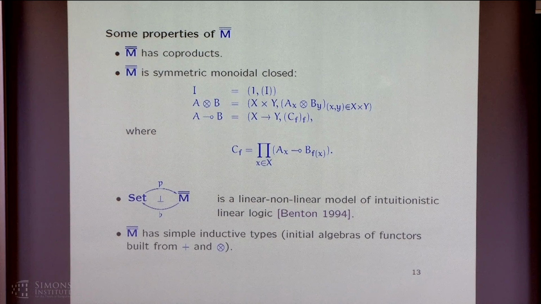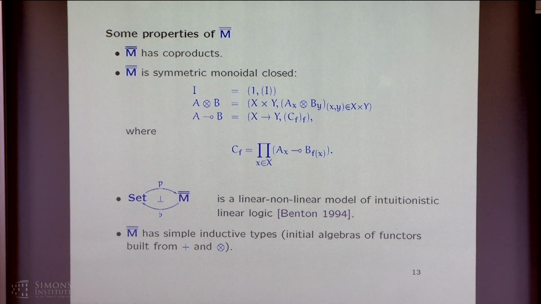The fact that it's symmetric monoidal closed is actually surprising to me, at least. Normally when I freely add coproducts to something, I don't expect it to be closed, because that's not one of the structures I explicitly preserved. But you can check, there exist these function spaces, and it actually does give you a right adjoint to the tensor product.